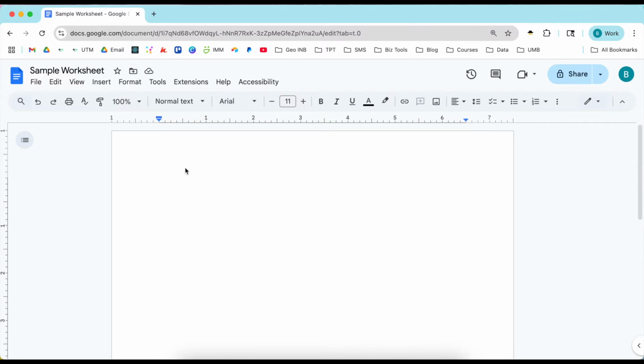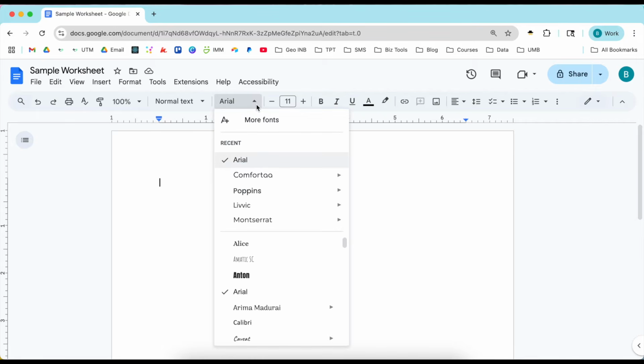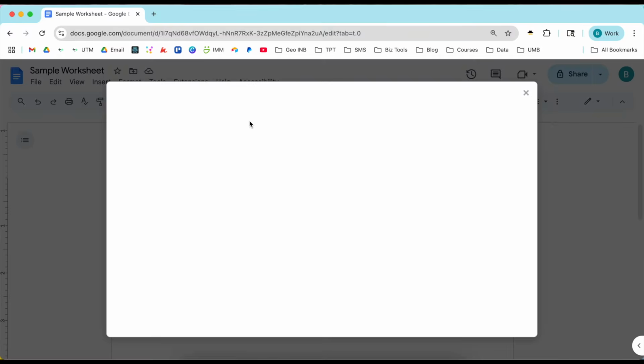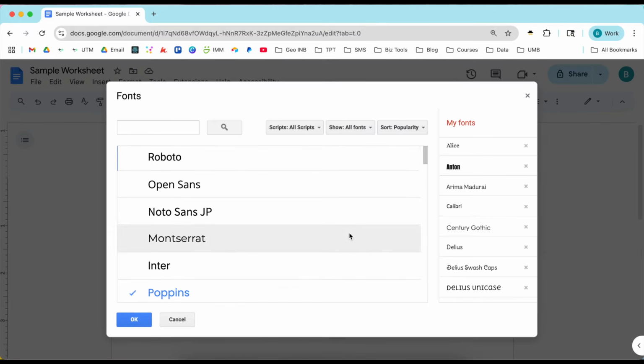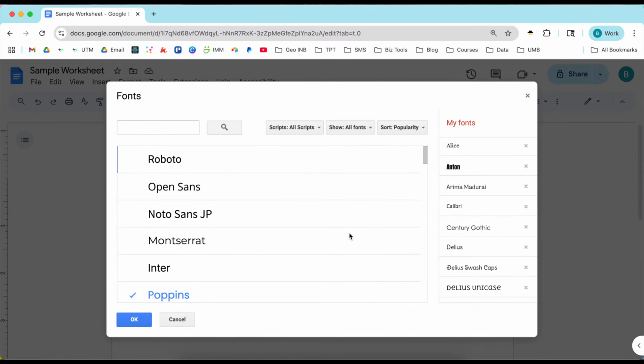Now, I don't normally use Google Docs for worksheets, so I'm gonna fumble my way through it a little bit. But one of the reasons that I don't like to use Google Docs is the silliest. I'm not a fan of the fonts that they have available, but I did want to show if you go here to more fonts, they're going to give you a whole bunch of other options,